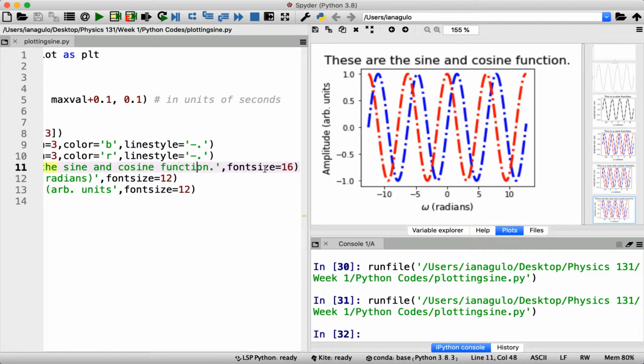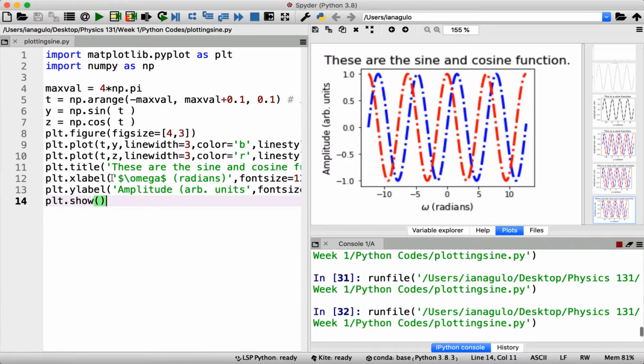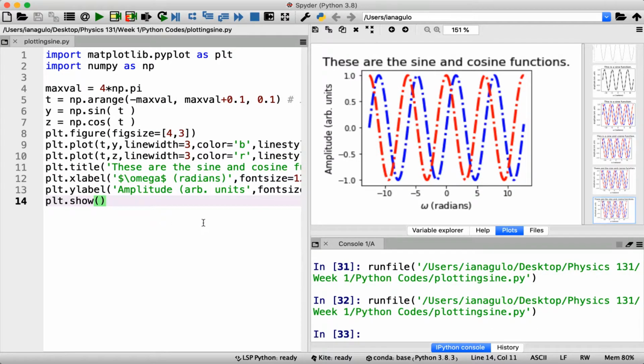We have to be grammatically correct, don't we? Okay. Of course,